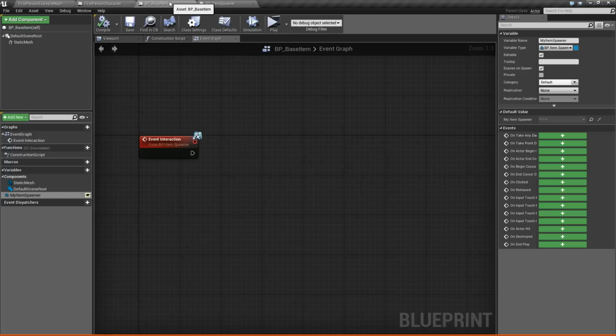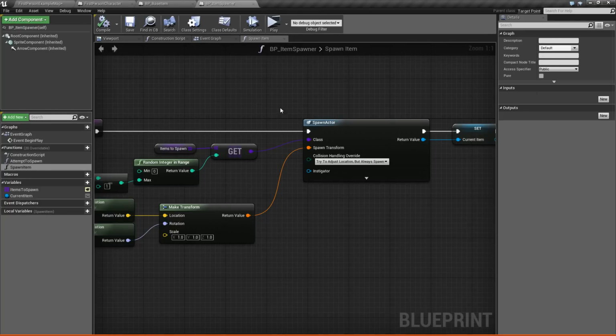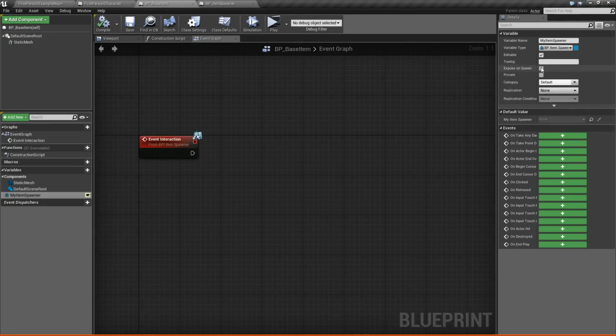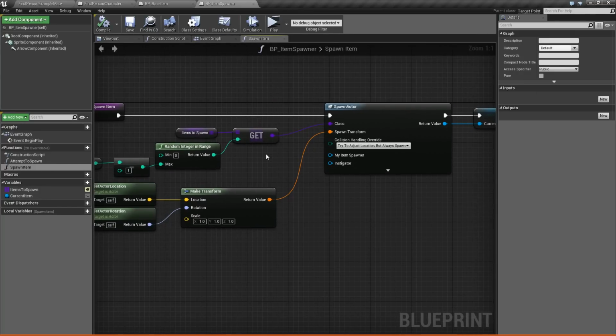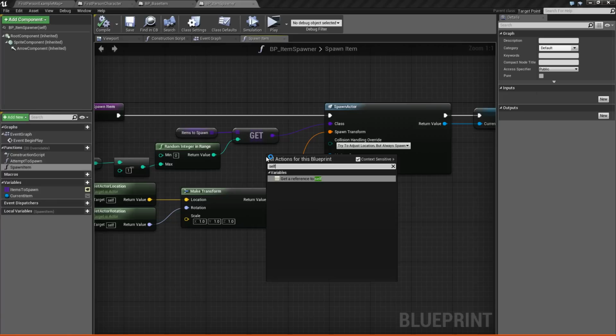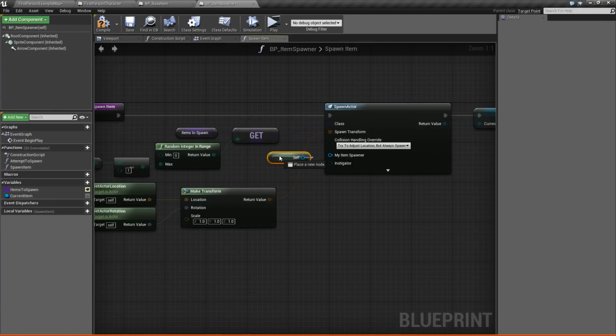Okay, and that was a direct result of setting this expose on spawn. So if I untick it, we go back, you'll see that it's gone. So that's a really helpful way that you can set things in the construction of your items. Okay, so what we'll do is we'll right click and we'll say self, get a reference to our self, because